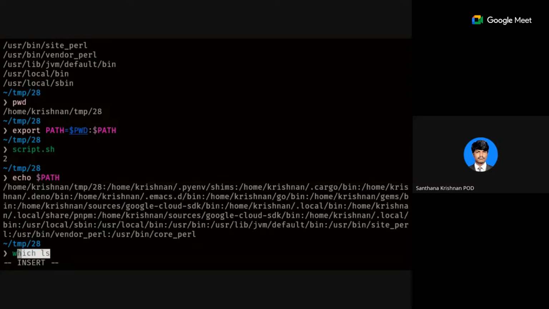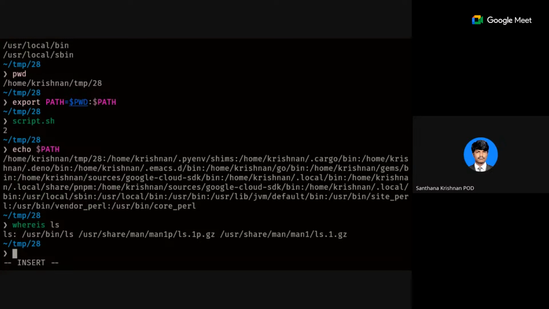Because if you see whereis ls, this ls command was located in /usr/bin. You can see /usr/bin here. That is why I don't need to specify the reference of ls.